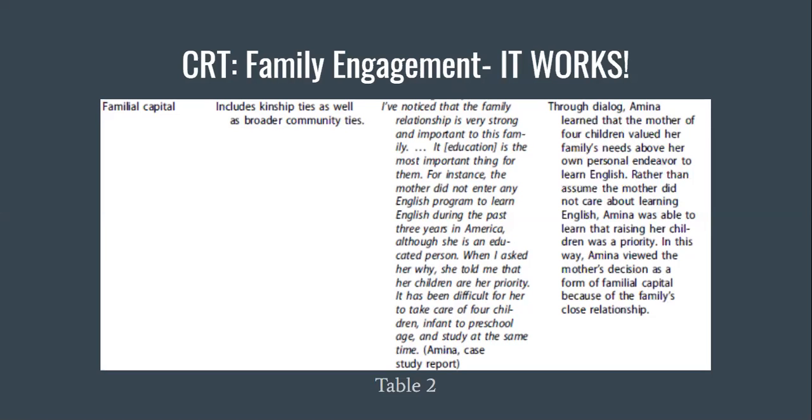So you can't even assume with ELL families that they all speak the same language because, depending on their circumstances, mom and dad might speak two different languages. And then the children, depending on what the parents teach them, might speak both, or just one. So you can never ever assume the workings of a family, which is why it's so important to get engaged